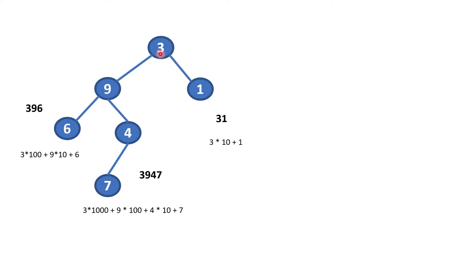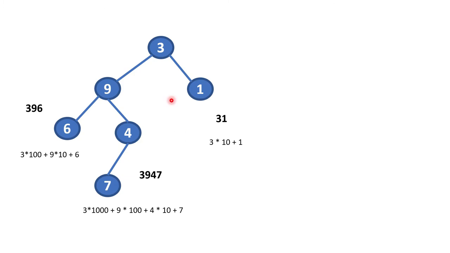If you notice here, the same 3 is multiplied with sometimes 100, sometimes 1000, sometimes with 10. Why is it? Because the depth of these leaf nodes is changing. Here the depth is 2 levels down, that's why we are multiplying 3 with 100. Here it is 3 levels down, that's why 3 into 1000. Here just 1 level down, that's why 3 into 10. Same for 9 also you can check. Here 9 is 1 level down, that's why 9 into 10. But in this case 9 is 2 levels down, that's why 9 into 100.